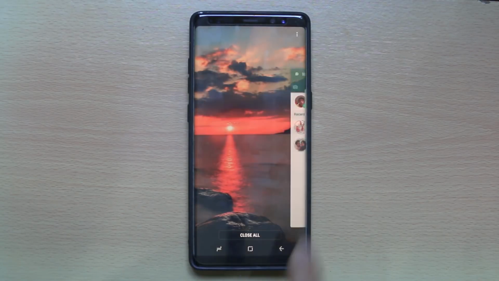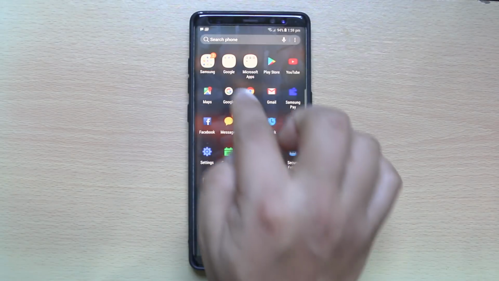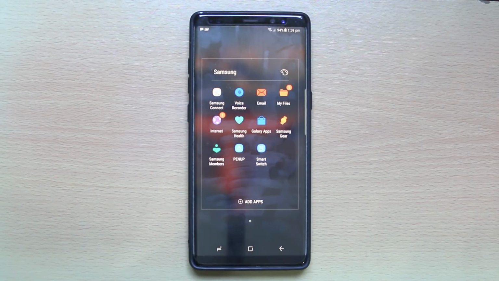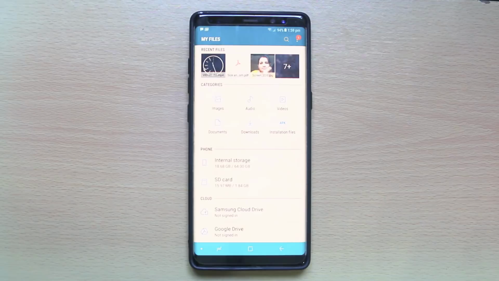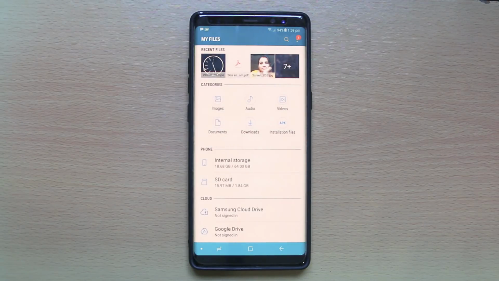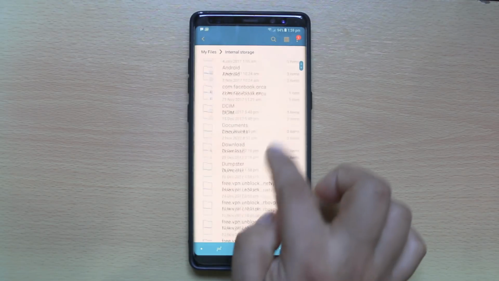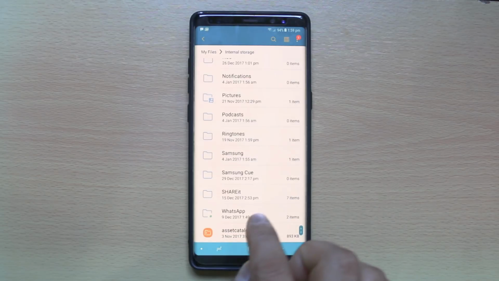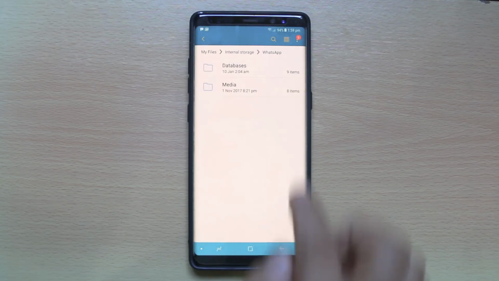Now for that one, what we will do is we will go ahead and open this Samsung folder and we'll go to My Files. Now if you don't have this Samsung folder, then you can use any file explorer app for Android device such as ES Explorer. Now I will open internal storage. I will scroll down and I'll go to WhatsApp. I will go to media here,